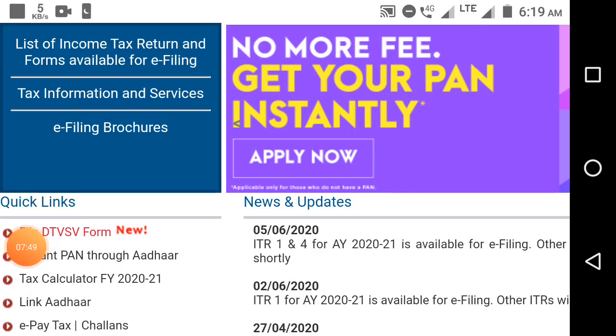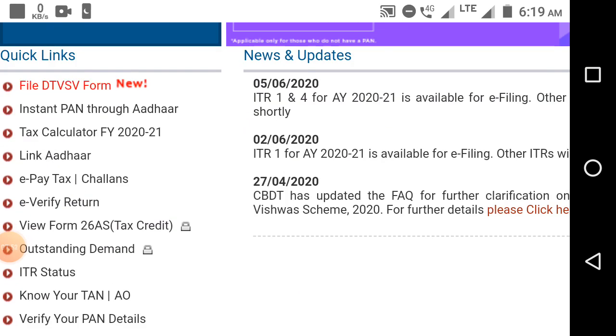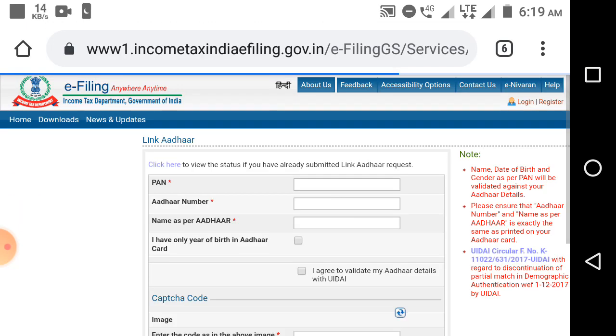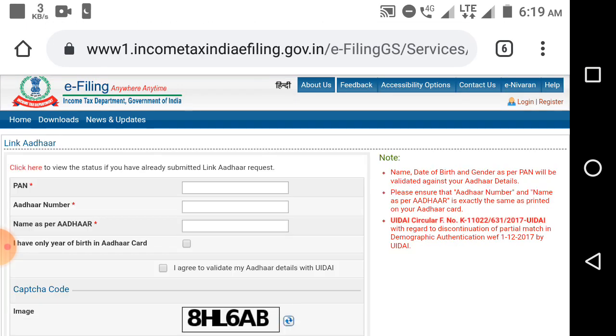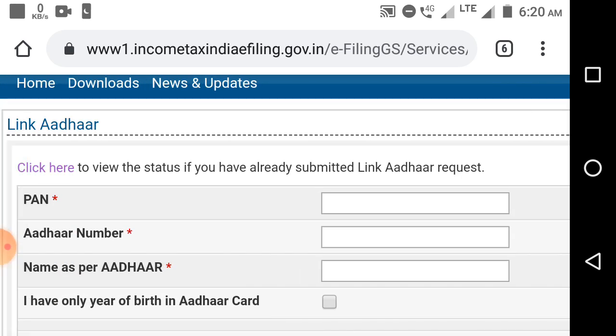Just come to the home page of the income tax department, click on Link Aadhaar here again, and this page will be opened again, and you have to click here. Just look here, click here to view the status. If you have already submitted a Link Aadhaar request, you have to click here.